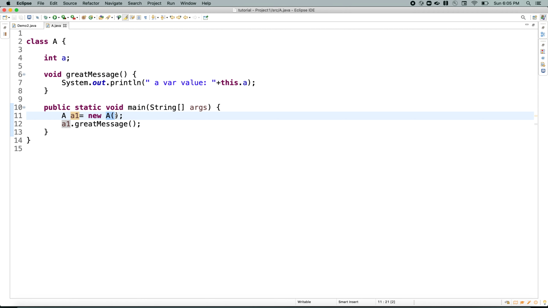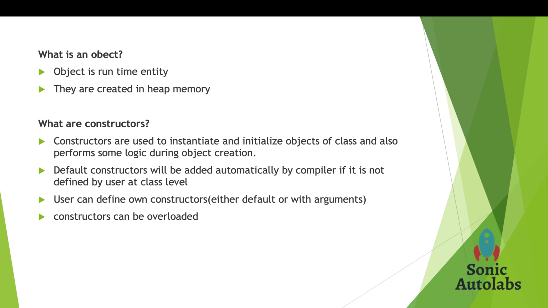So what will happen and why do we need these constructors? So these constructors are actually used to create objects. Okay. And then after instantiating, the object will contain some variables. So those variables will be initialized to some values. Either it will be initialized to default values, or it will be initialized to some values.